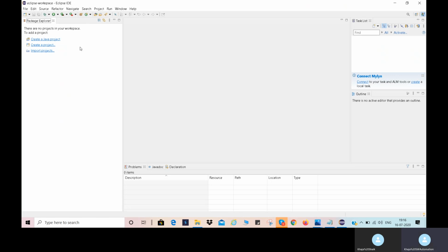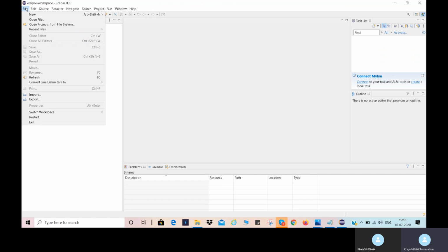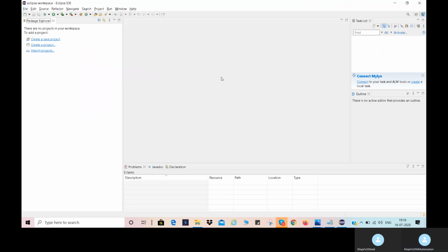So here we can create a Java project in 3 different ways. By clicking on this create a Java project link here, we can create a Java project, or by going to the file menu and in the new option, here also we can create a Java project, or we can use a shortcut Alt Shift N. By pressing Alt Shift N and using the down arrow, you can select Java project.